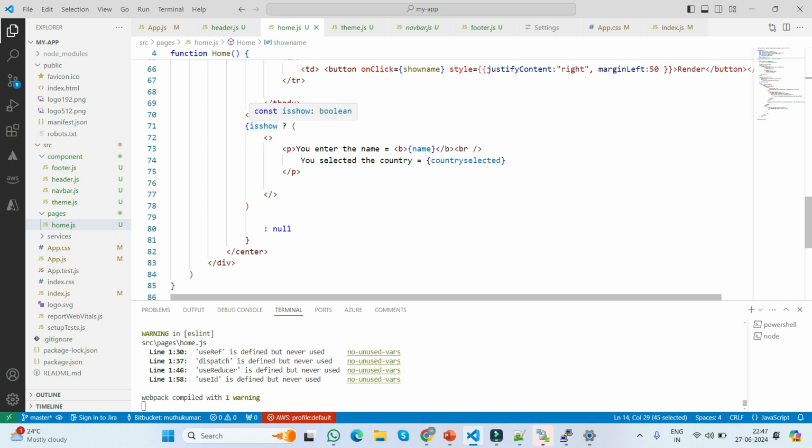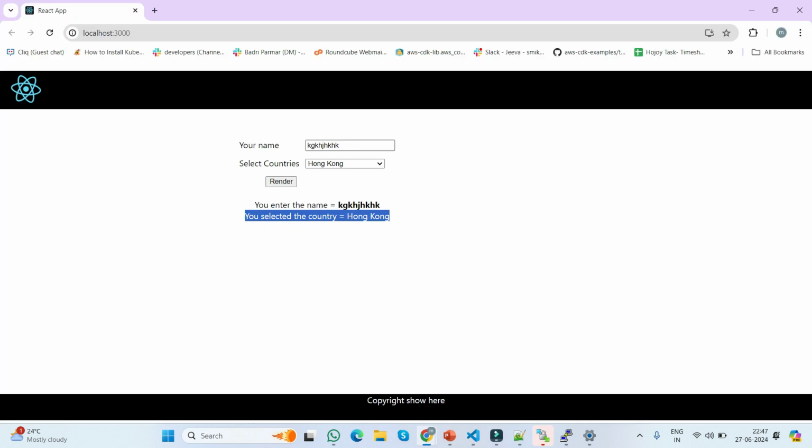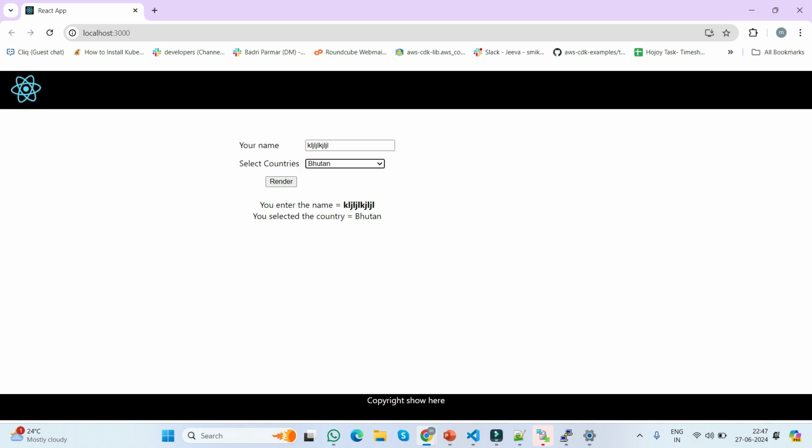This show will become true. The enter name will be shown here. The selected country will be shown here. Okay, so this is how the data is getting rendered. If I type it again here, you can see the changes. If I am removing this and changing the countries, Singapore or Bhutan, you can see the changes here, right? So this is how